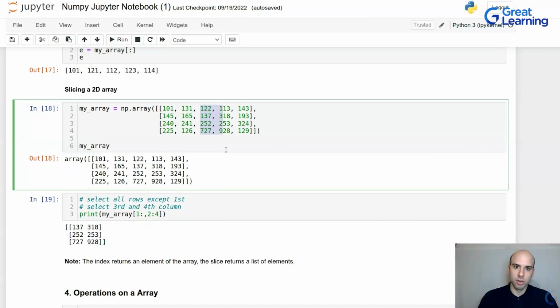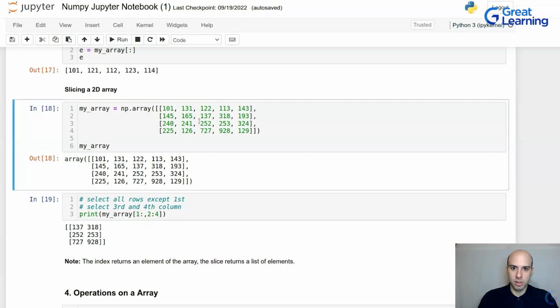So 0, 1, 2, 3, and 4. But it's minus 1, so we stop here. So 2 to 4 basically means 2 and 3. And in fact, we see